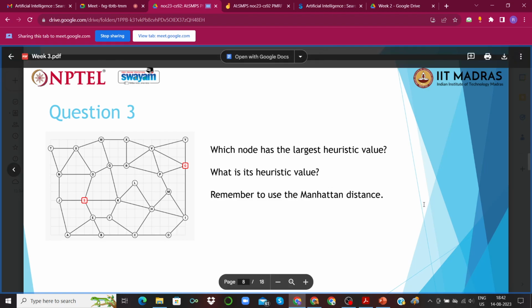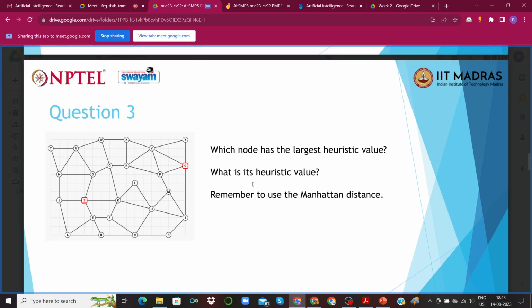Okay, so now, for those of you who were interested in knowing about heuristic value, we are going to discuss that. Each of these nodes in the map or in the graph, we are going to assign a particular value. We are moving on from the methods that we discussed, DFS and BFS, to heuristic based methods. We assign each node a value called the heuristic value, decided upon the conditions given to us. In this question, we are told to follow a Manhattan distance approach.